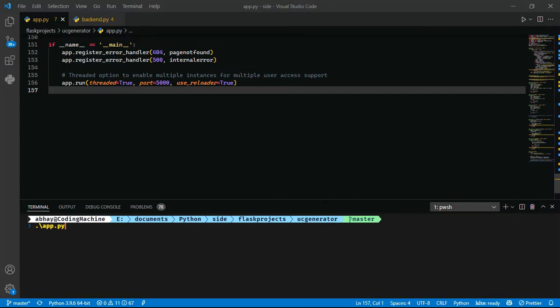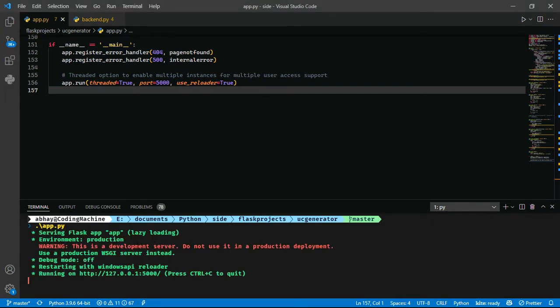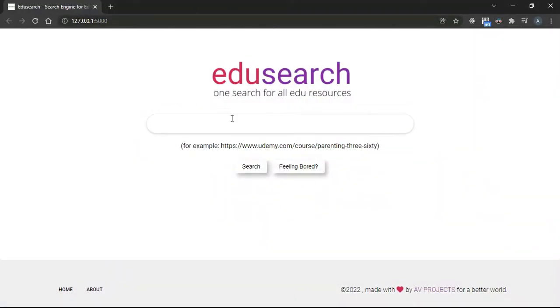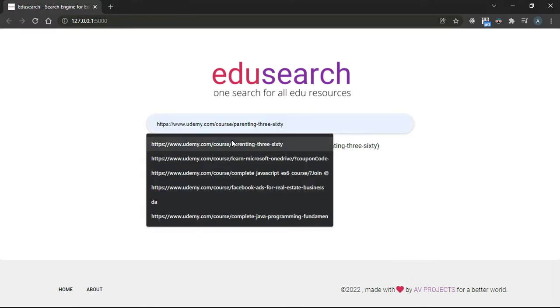In this video I am going to share some updates regarding the Edusearch project. Let me start my server and share updates with you. So let us see what the updates are. On the front end part you can see a minor update as buttons. I have updated the buttons, and then the second update which I have made is